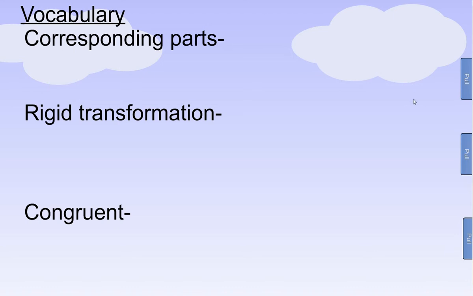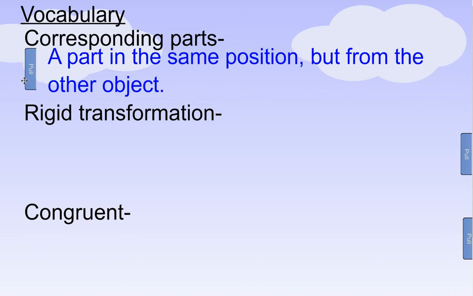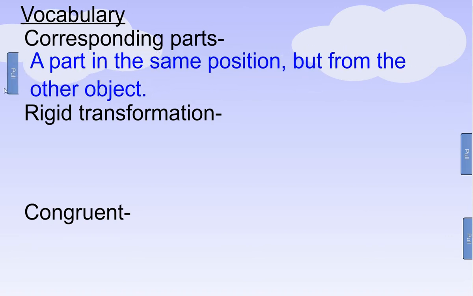The first of them here is the corresponding parts. So corresponding parts, it says it's a part in the same position but from the other object. And what that means is if you have two objects, say they came from a transformation. So let's just say, for example, I did a slide, a rotation, a translation. So if I have,